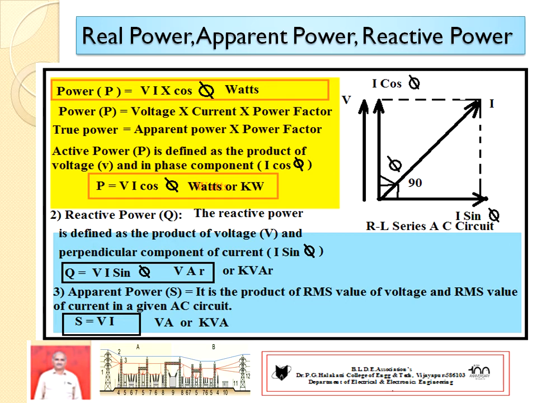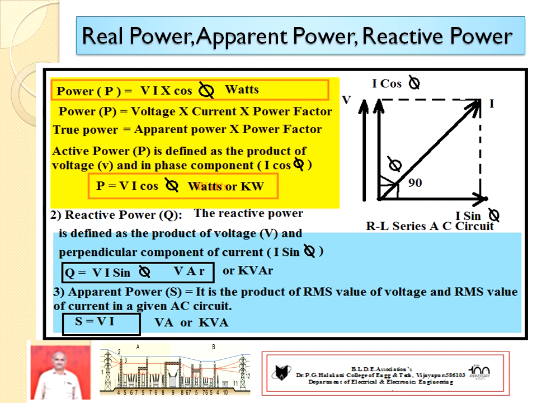Number 1, true power or active power: it is the product of voltage and active component of current. I cos phi is also called the active component of current or in phase component of current. Therefore, active power or true power is defined as the product of voltage and in phase component, that is V I cos phi. It is usually denoted by P. P is in watts, or in bigger units it is expressed in kilowatt.